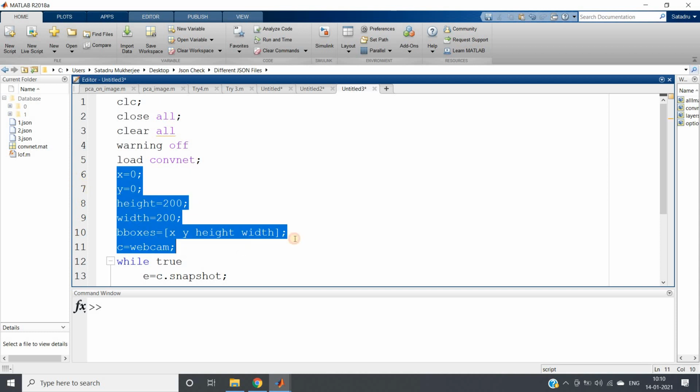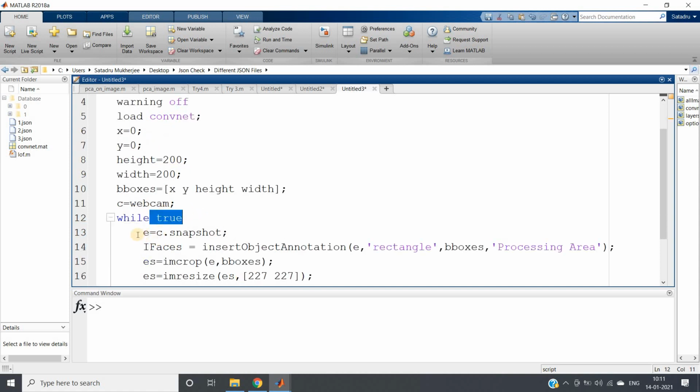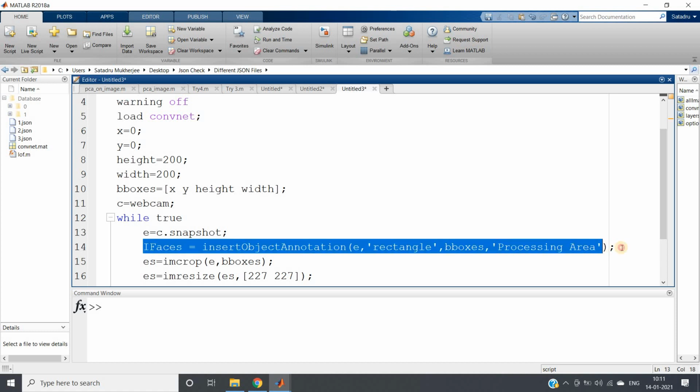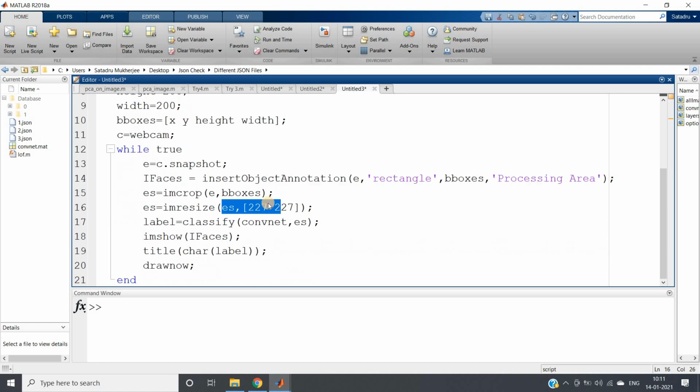Here again, I am highlighting my region of interest at the corner side. Then, while true, I am taking a snapshot each time and inserting an object, that is a rectangular object, so that we can take our hand at that location only for our classification purpose. Cropping that particular part, resizing that, and now the image is ready to send via our confnet, right?